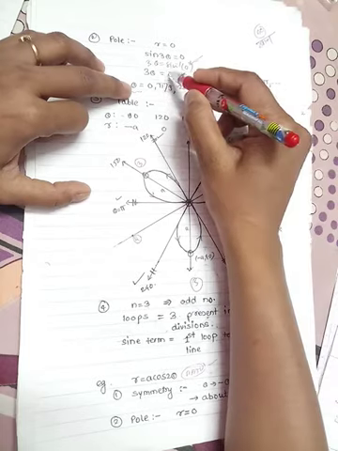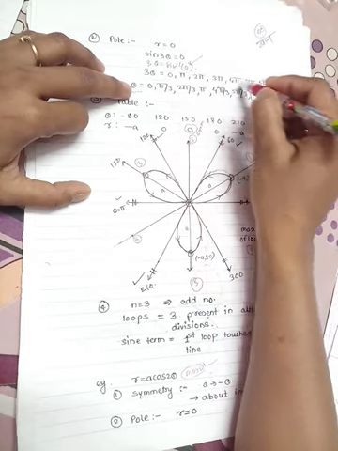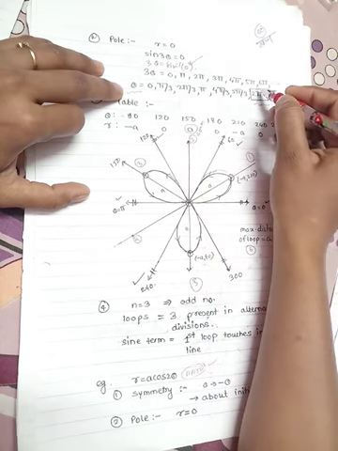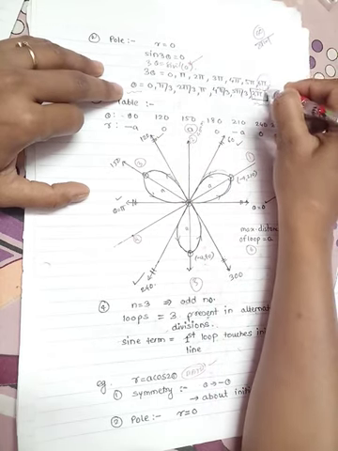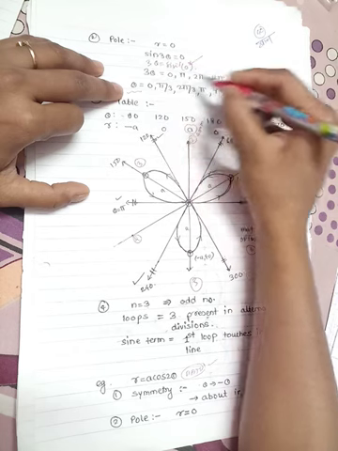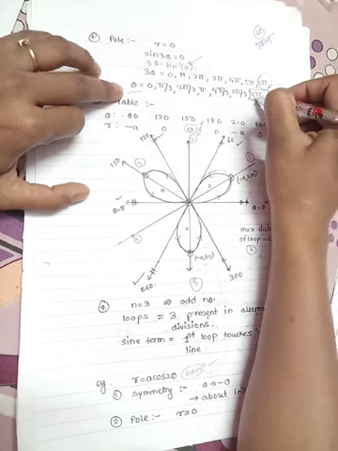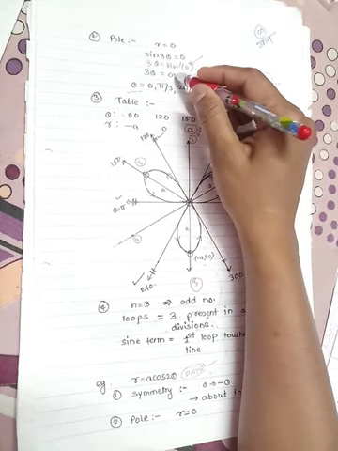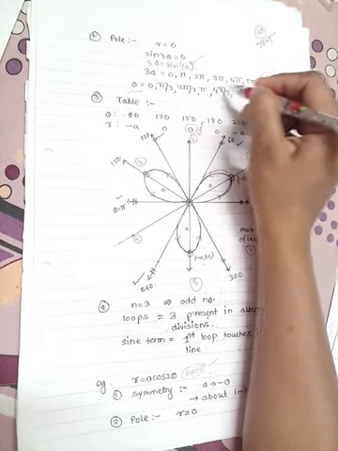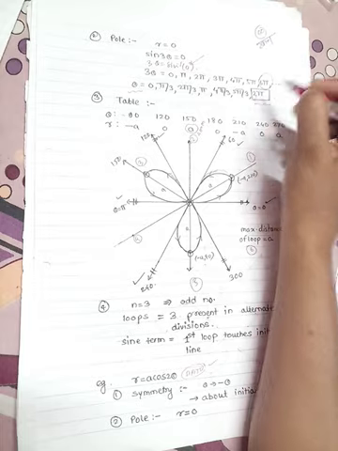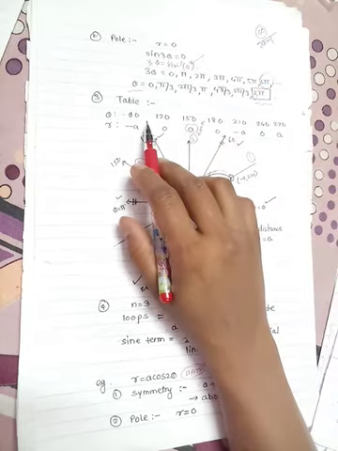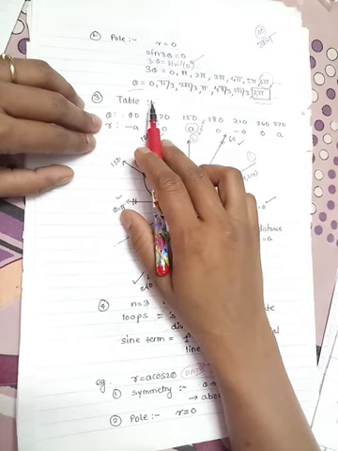So hence 3 theta equal to these angles, but we get theta values only up to 2 pi, and this 2 pi value we get at 6 pi, because dividing by 3, 6 pi by 3 is 2 pi. So stop here. So theta equal to 2 pi. So these are your tangents: theta equal to 0, pi by 3, 2 pi by 3, pi, 4 pi by 3, 5 pi by 3 and 2 pi. These are your tangents.